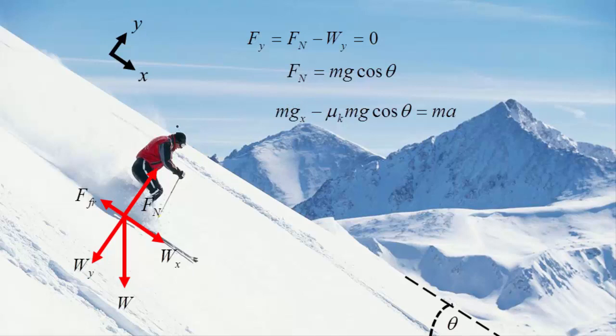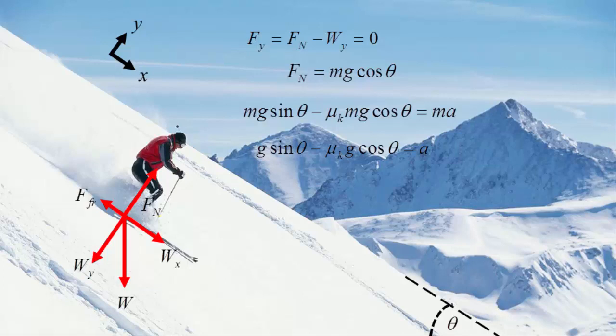And the component of gravity in the x direction is equal to g sine theta. What we notice in this equation is that mass appears as a common factor. So we can cancel mass out, and we end up with the equation for acceleration, which says that the acceleration due to gravity down the incline minus the acceleration due to friction up the incline will give us the net